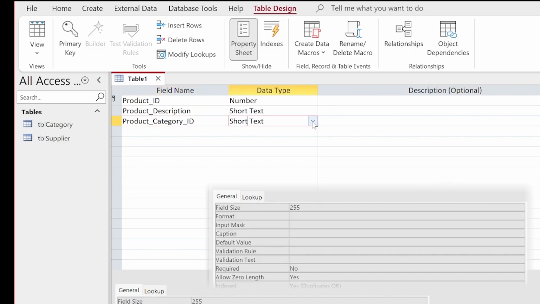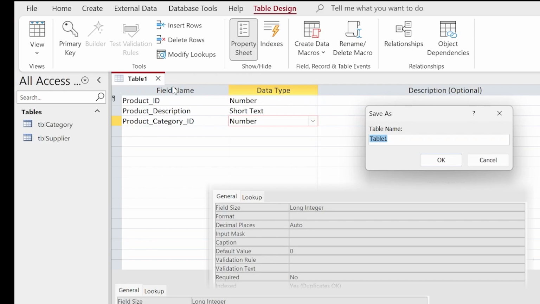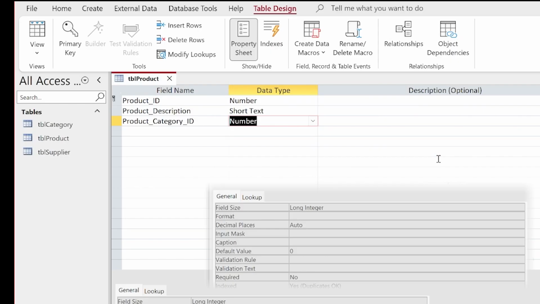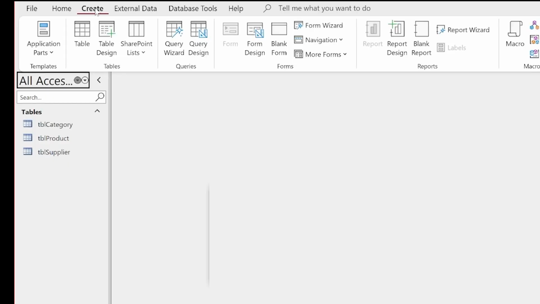We're going to choose the data type to be number. And we're then going to go up to the tab. We're going to right click, save, and we're going to give it the prefix of TBL product. Once we've selected OK, we're just going to go up to the ribbon again, click on the X to close the table, and we're now going to finally create our last table by clicking on the option for create, table